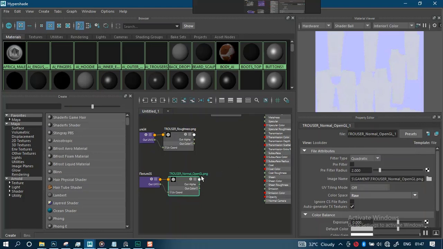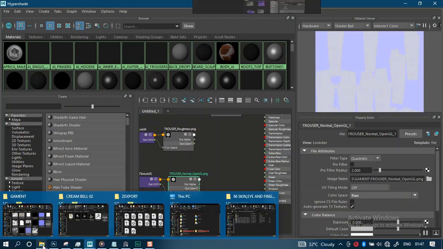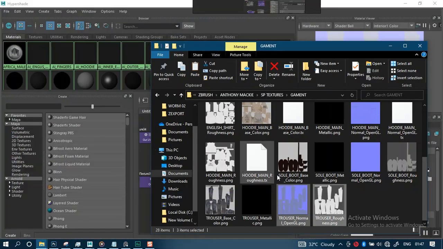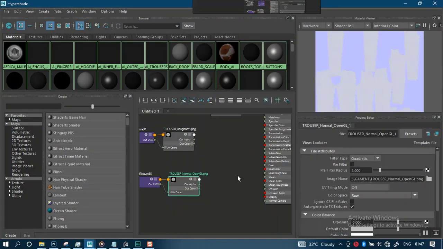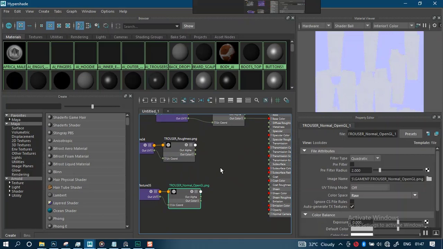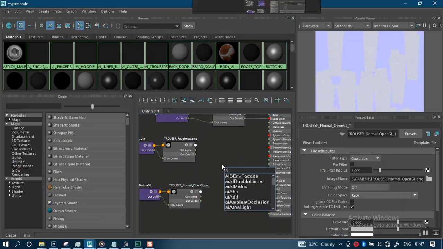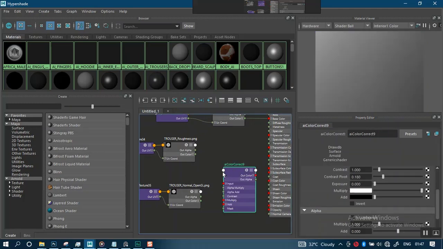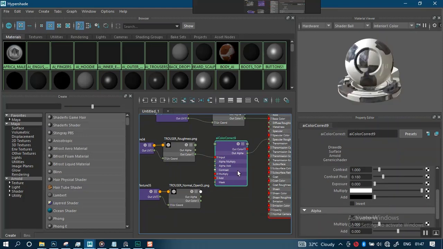Though this looks odd, this actually looks odd. This normal, okay, yeah, normal map is fine. Normal map is just fine. So then we tab, AI color correct. Plug this in here, plug the out alpha to specular roughness, select this color correct, invert that, select the